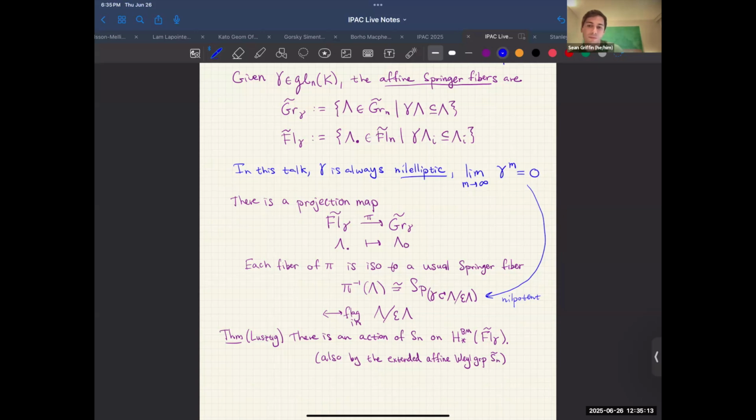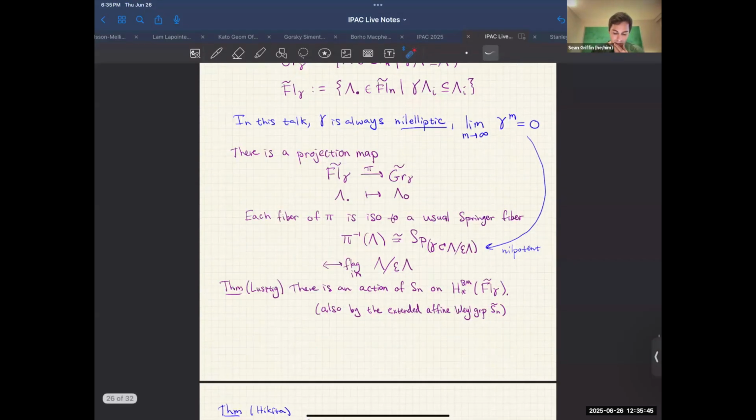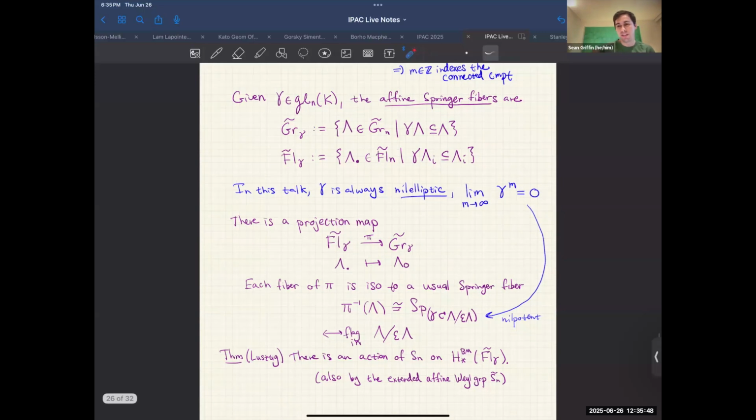So we do get a Springer fiber, and you can think of this map as encoding families of Springer fibers. As you change this base flag, you're seeing how gamma acts on different quotients. And therefore the Springer fibers could change as you change gamma, or sorry, as you change lambda. And essentially, because each fiber is a Springer fiber, and